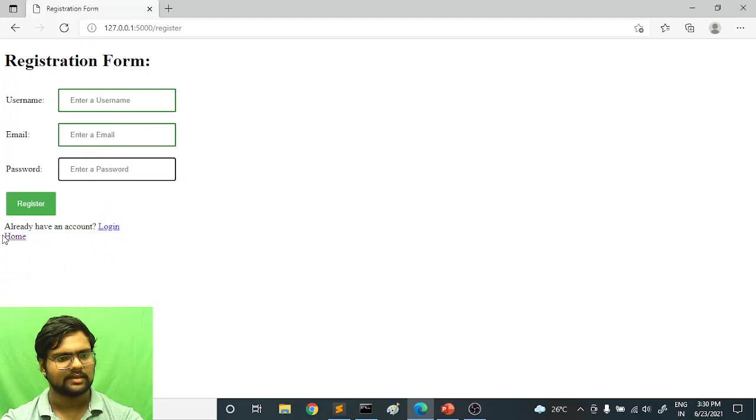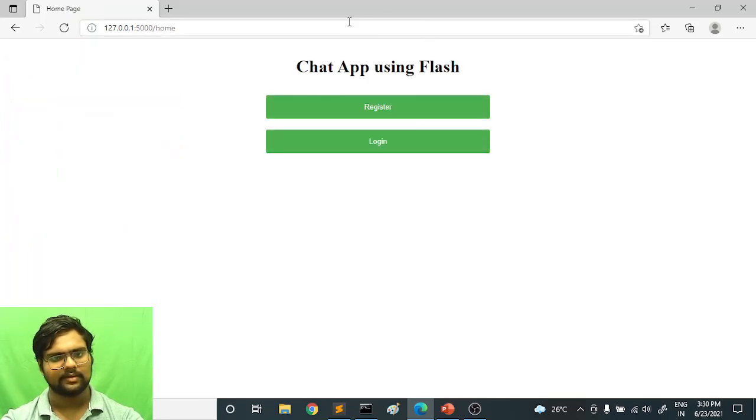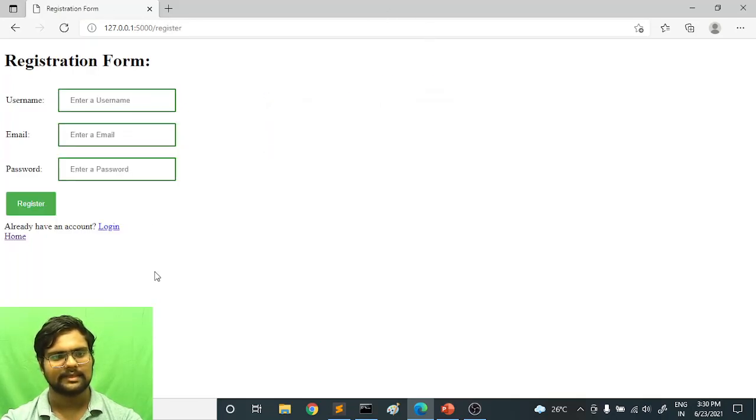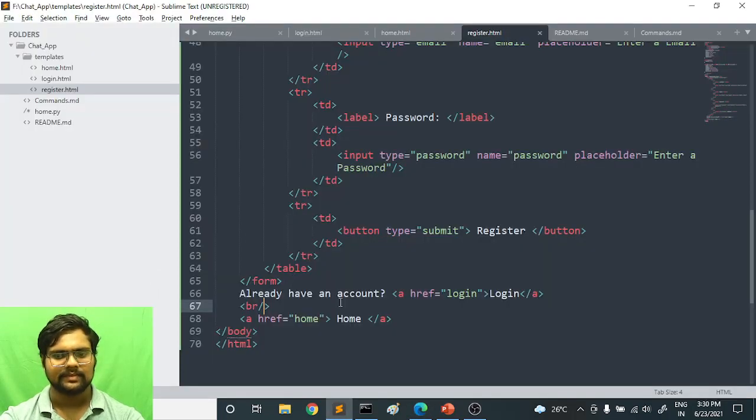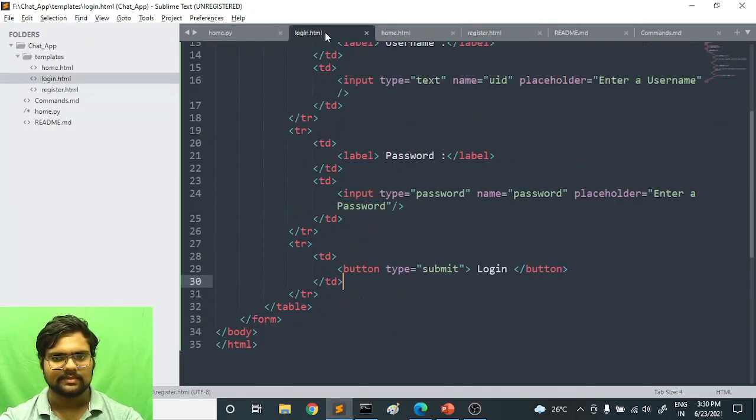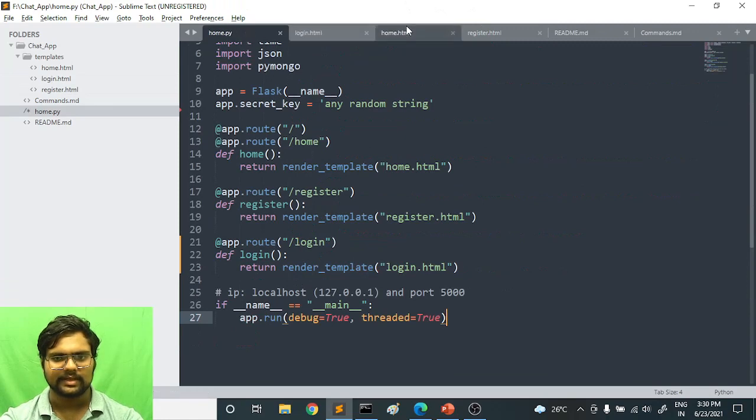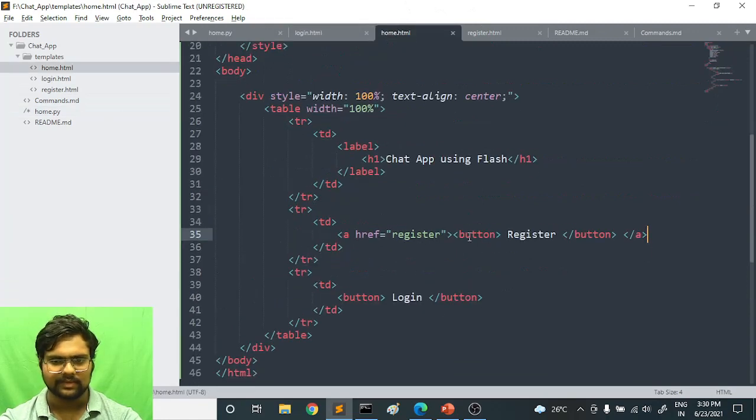Then we have login, register if we have already an account. If you want to click go on home, then home is there. When we click on home, then we will go to home page, and when we click on register, we will be redirected to register page. Okay, so now let's also add the login form link like we have done for the register. So in home.html, let's name it as login, and in that okay, so we have added the anchor tag here,